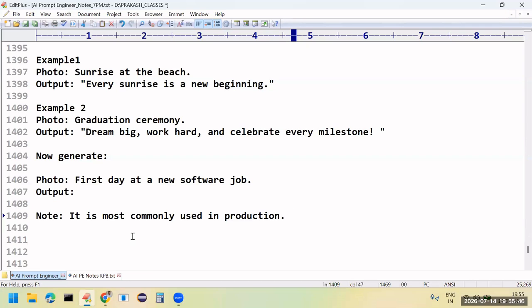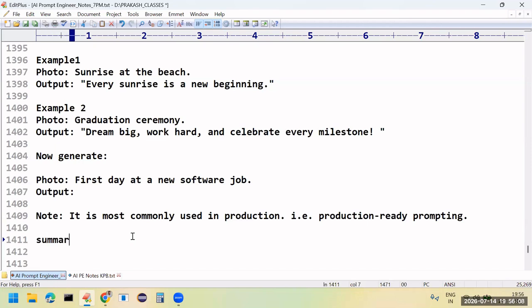Giving two examples, asking your AI model to understand this and rate it, I can say is production-ready prompting. This prompting is also called production-ready prompting, ready to give the answers.